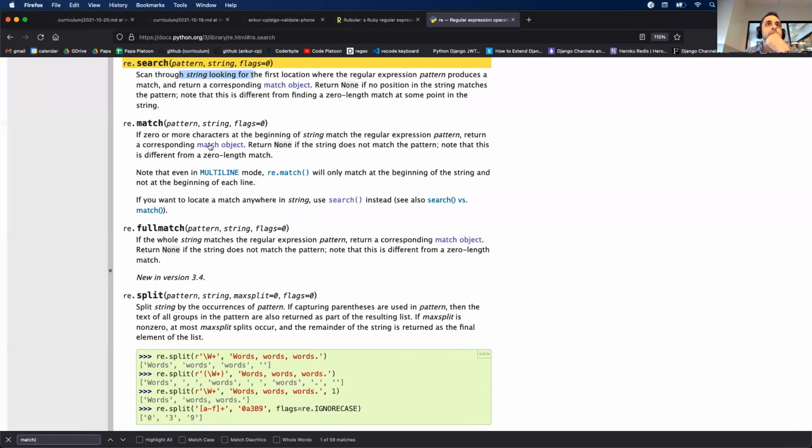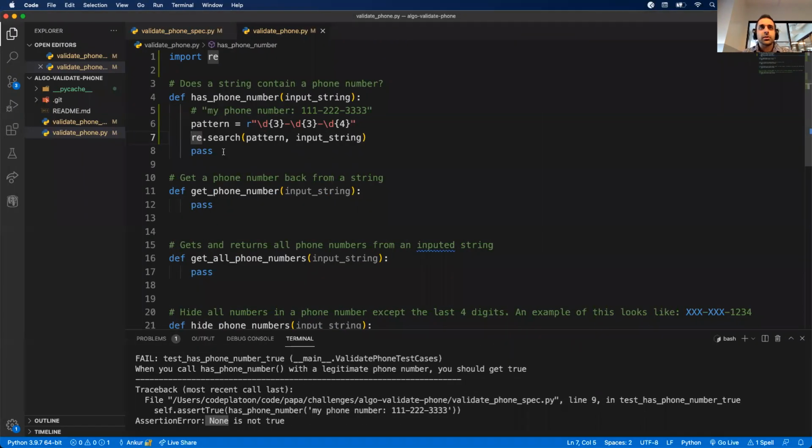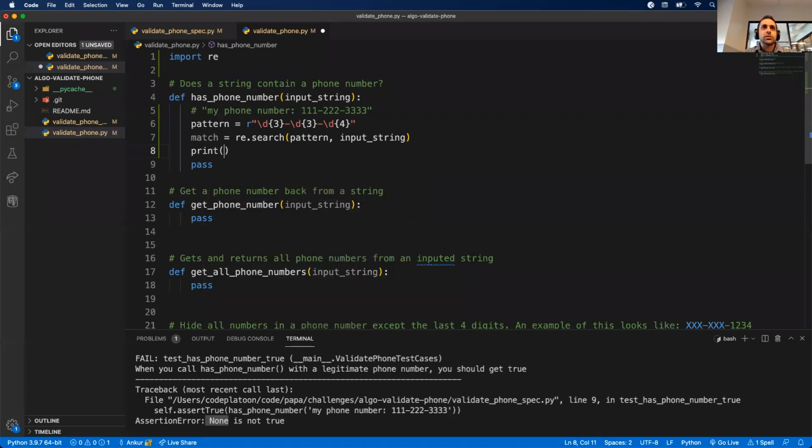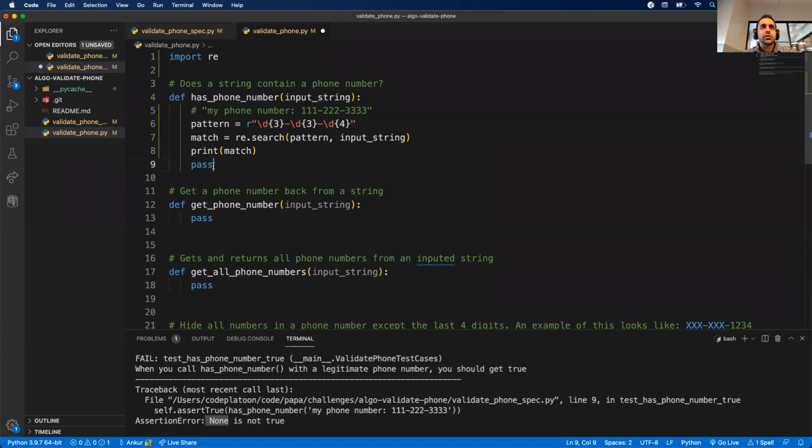something. Let's read the docs and see what that is. It's going to return a match object. But in this case, our function needs to return true or false. But let's return the match object, and let's print it out. Let's just see what's in this match object. I'm not sure if we get anything too interesting, but